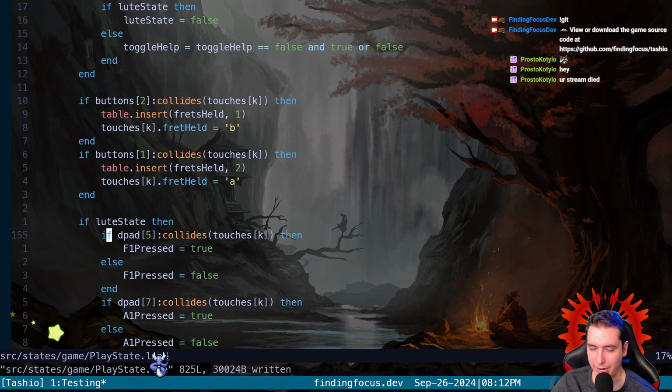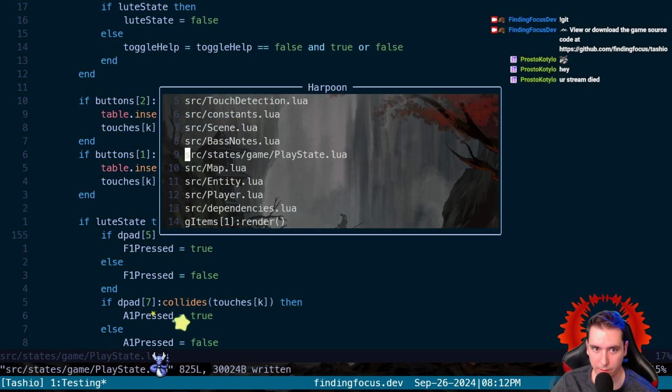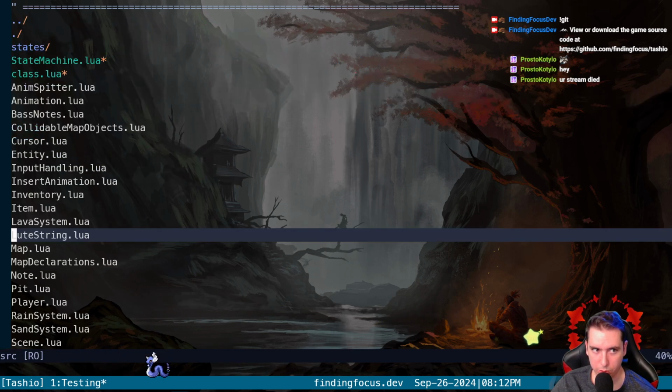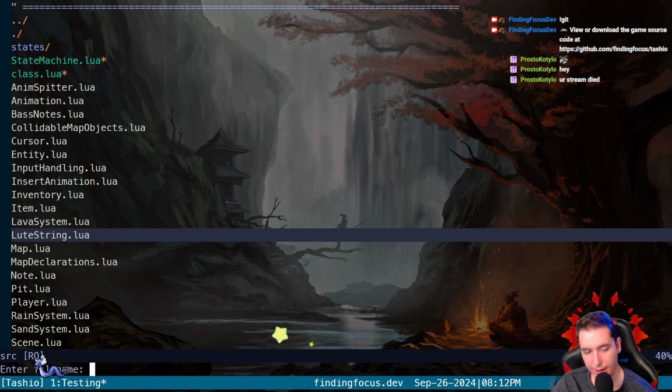So we'll come out here into our source, which this is the folder. We want to make a new file called Lute.